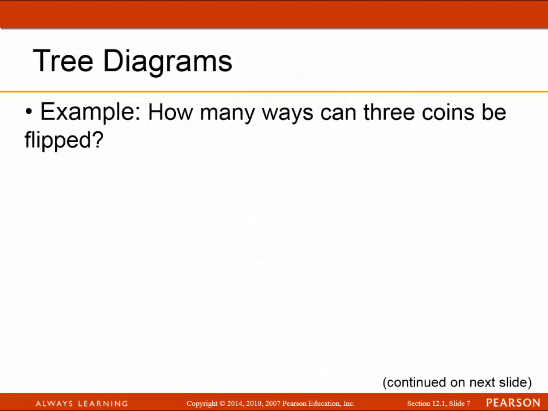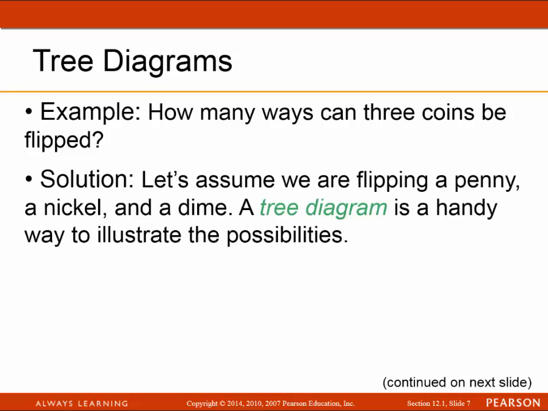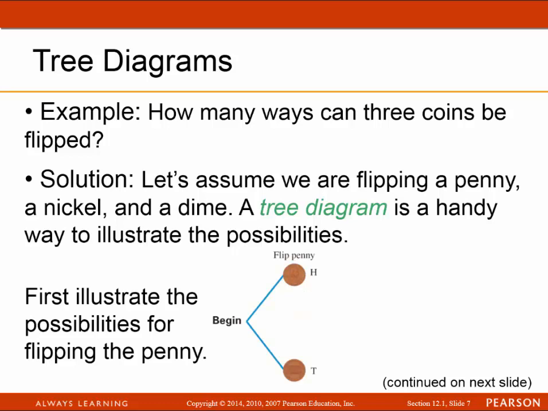Now the next example is how many ways can 3 coins be flipped? So now what we'd like to do is what we call the tree diagram. Let's assume that we're flipping a penny, a nickel, and a dime. The tree diagram is a handy way to illustrate these possibilities. The first thing is we're going to illustrate the possibilities for the penny. When we flip a coin, as you know, you either have heads or tails,